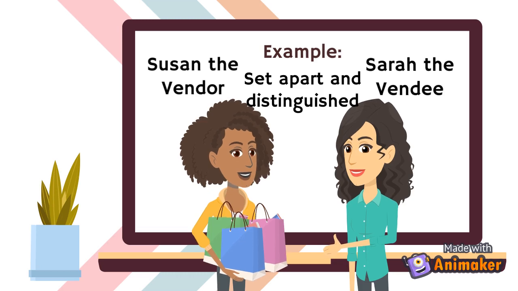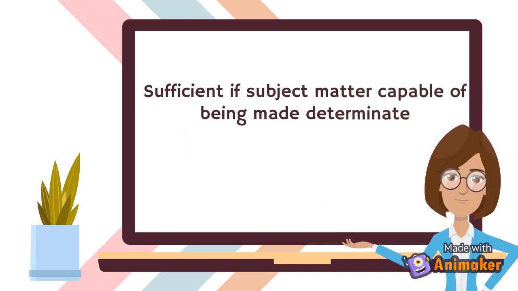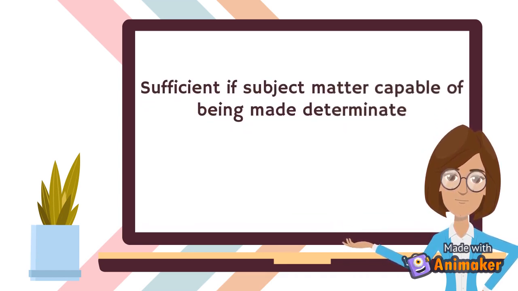It is sufficient that the thing is determinable or capable of being made determinate without the necessity of a new or further agreement between the parties to ascertain its identity, quantity, or quality. Example: